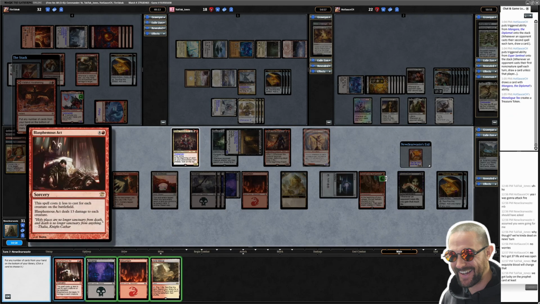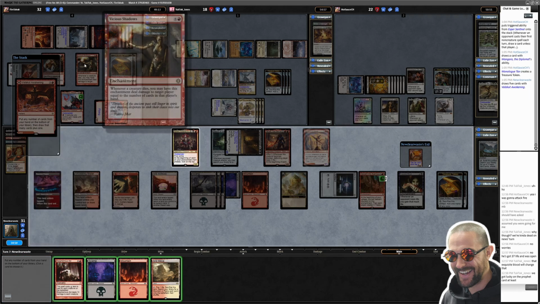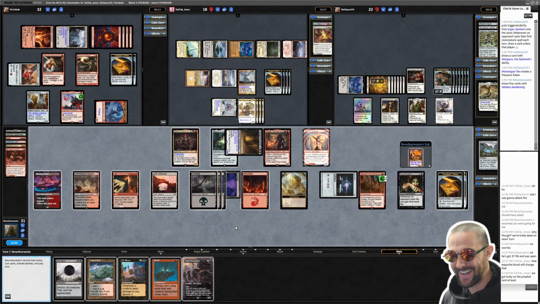Should I also ditch the Blasphemous Act? I don't think it's relevant now anymore, right? Probably, yeah. We can't cast it until we get rid of this thing, otherwise we're just dead. Okay. Any of this stuff good? Orcish Bowmasters. Not really. No Mercy. I mean, that is nice if people want to attack me. Well...